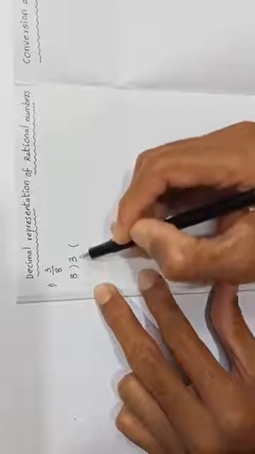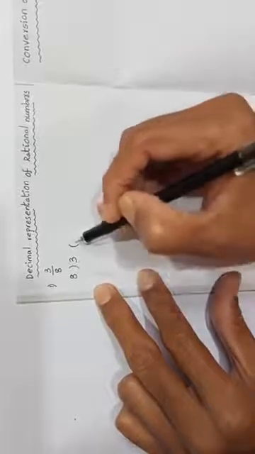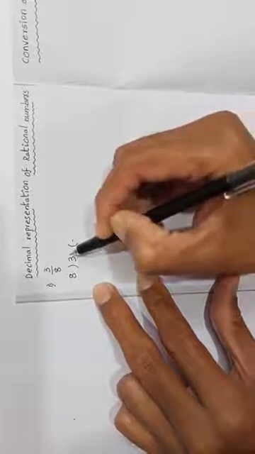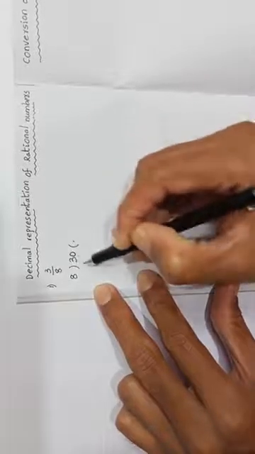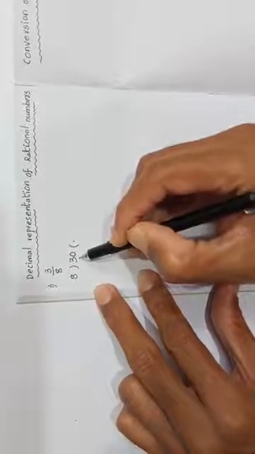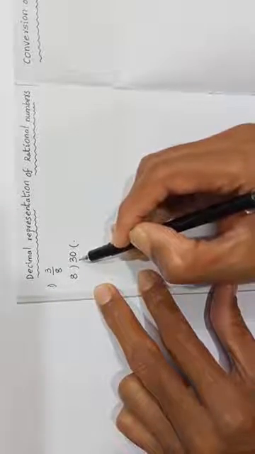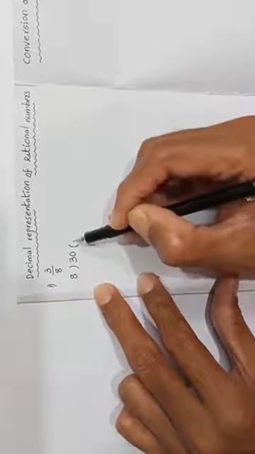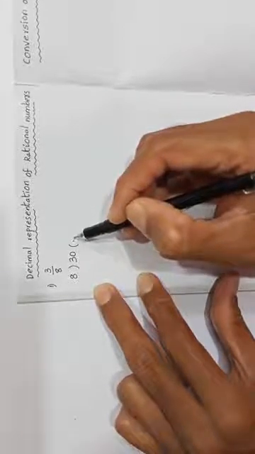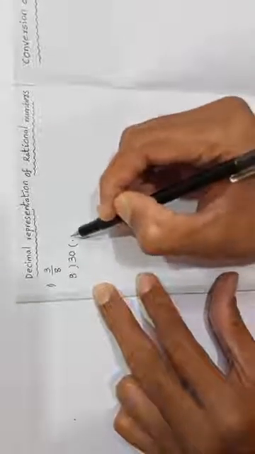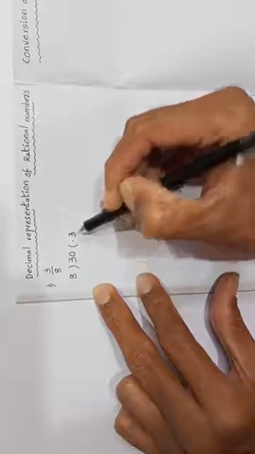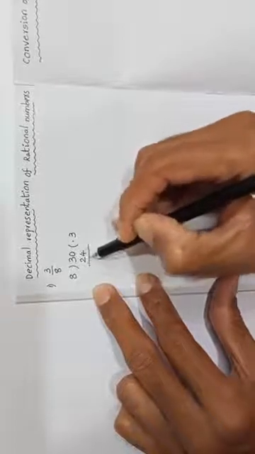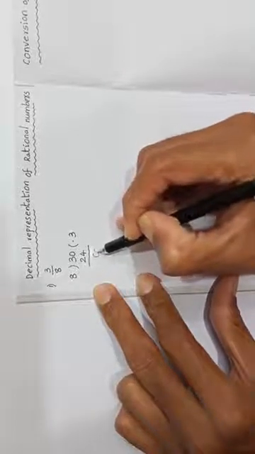In the 8 table, can we get 3? No. No means we take the decimal, and in the dividend we take a 0, so the number becomes 30. In the 8 table near 30, 8 3s are 24, 8 4s are 32. So we take 8 3s are 24. Then subtracting, 30 minus 24 we get 6.